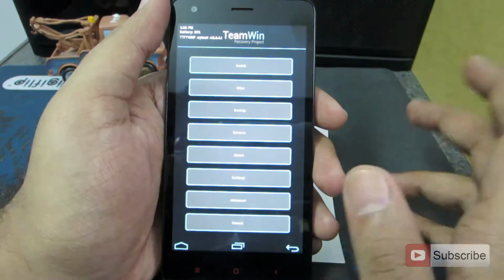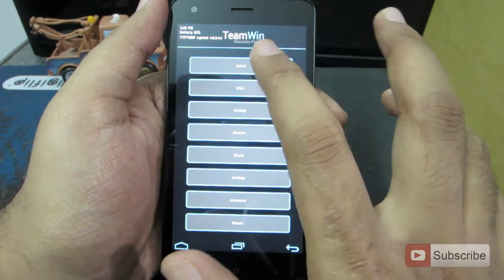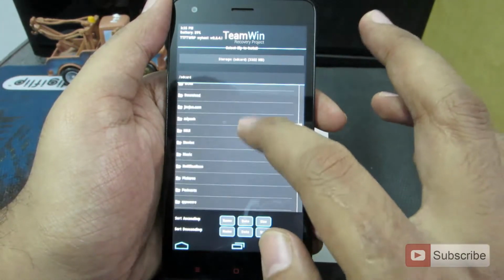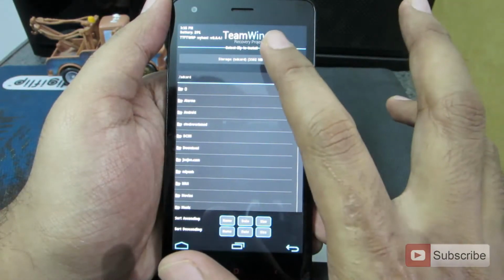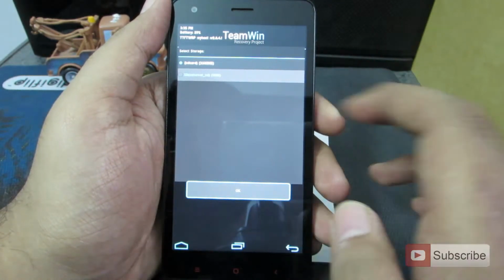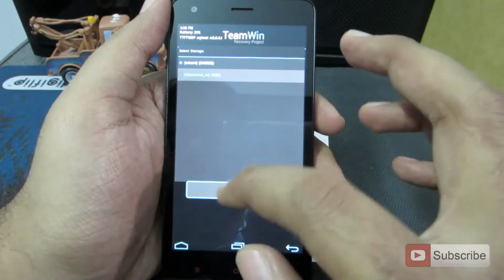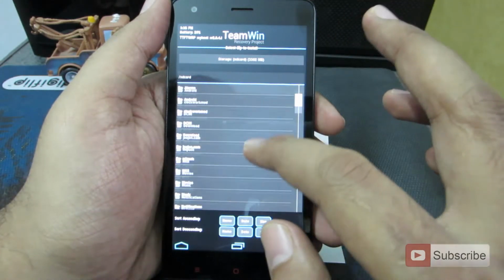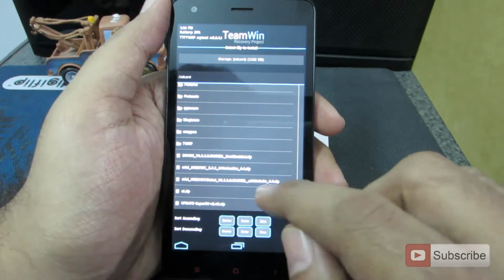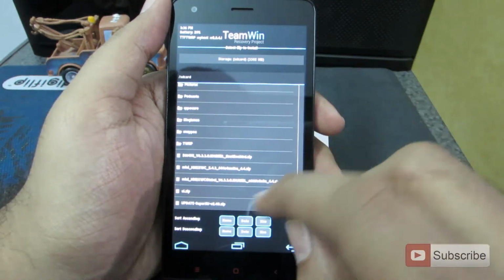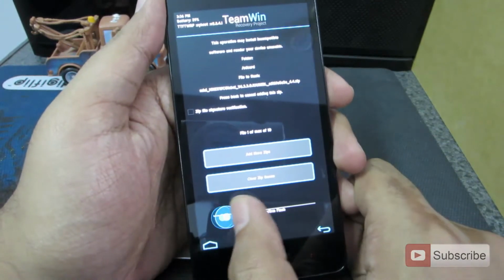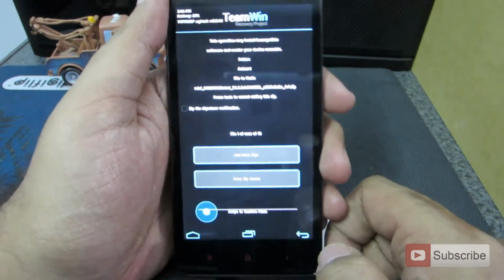And then go back, and now to install different ROM, simply click on install. If it is in the internal storage you can simply scroll, or if it is in the external storage, click on this option and select external storage. As of now I don't have a memory card in this device, so I'm not getting the Explorer view. Simply say OK, and let's assume that the file is in the internal storage. Let me just select one file. This is the stable ROM for Redmi 2, the global version. Just click on the ROM and it will ask you for a final confirmation. You need to simply swipe this bar to flash the ROM.